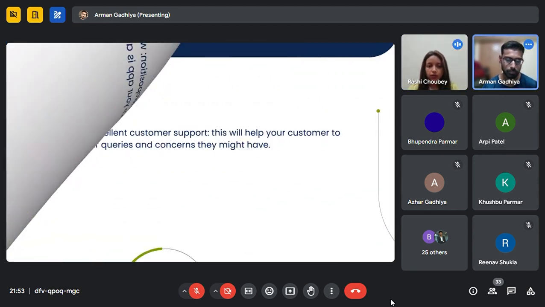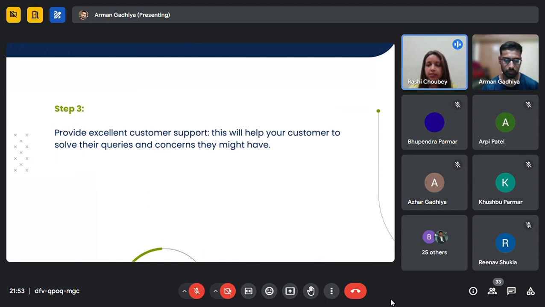Okay. So the next step is step 3, which is provide excellent customer support to your customers. Customer support is so important in any application and any organization also. You have to interact with your customers, so in that way the customer will connect with you and trust you also, because once the product is purchased, if you are not going to interact with your customers, people will not come to your application because they do not have any problem solvers, right? So you have to provide customer support to your customers. Right.